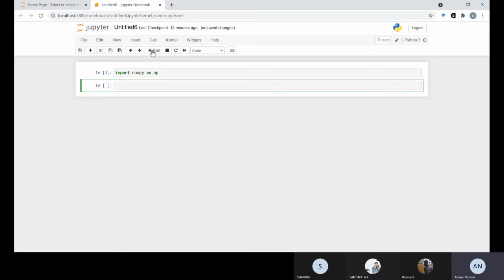Thereafter, suppose I have to give some array to NumPy. So we need to give the command x is equal to np.array.